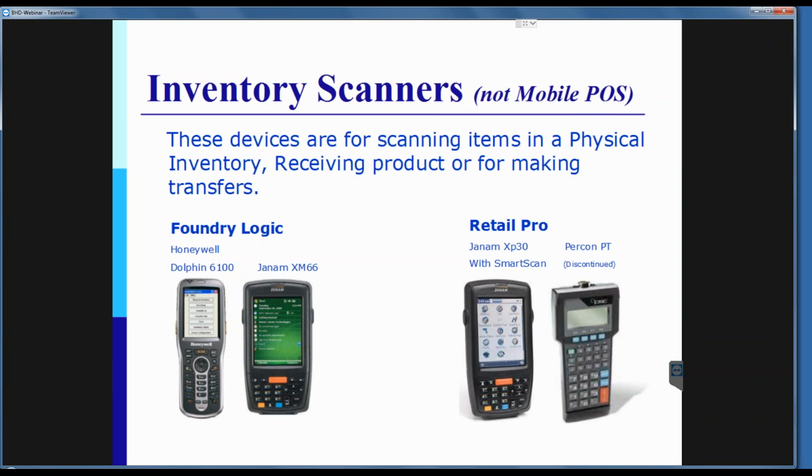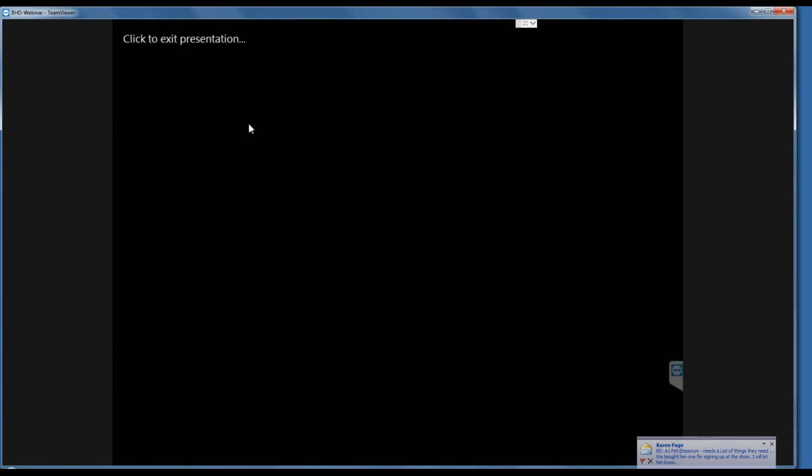On the right side, we're going to start with those. These are scanners that we use basically for physical inventory or recording transfers and vouchers and receiving and things like that. The software that goes on them, if it goes on this Janam one in the middle, right here,